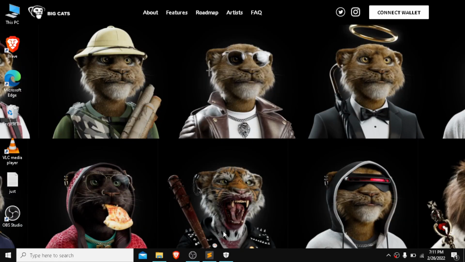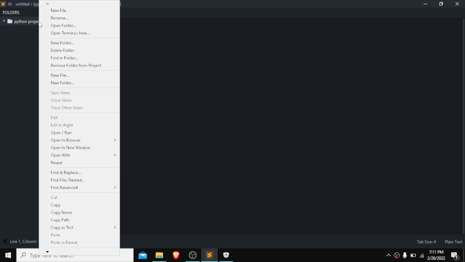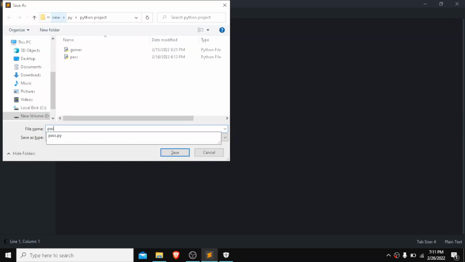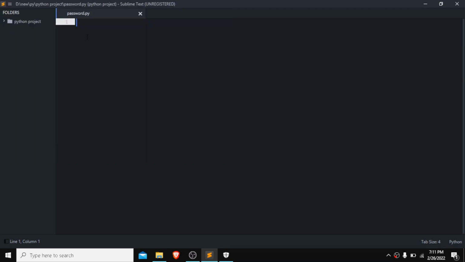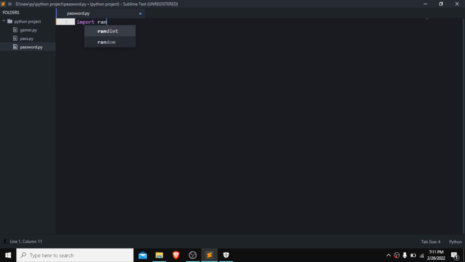So I'm just going to open my Sublime Text and create a file, saving it by giving it the name passport extension py. And now we are just going to import two modules that are built-in modules. First is the random module, and after that we are just going to import string. I'm going to make this passport generator program as simple and easy as possible so that a beginner can also